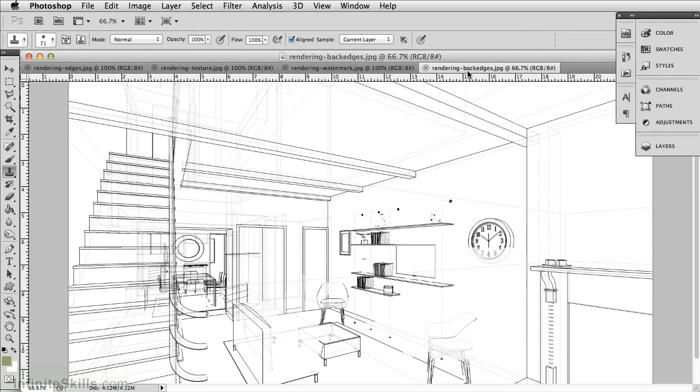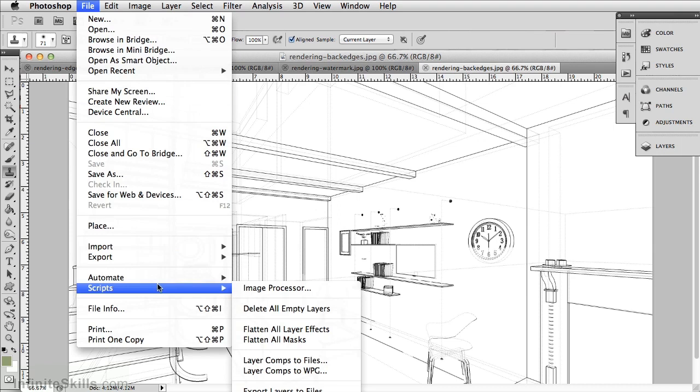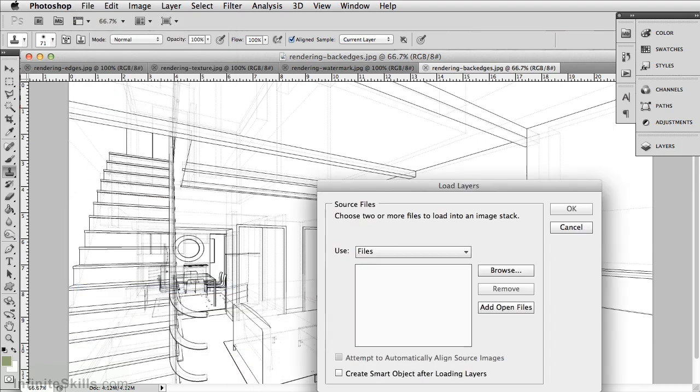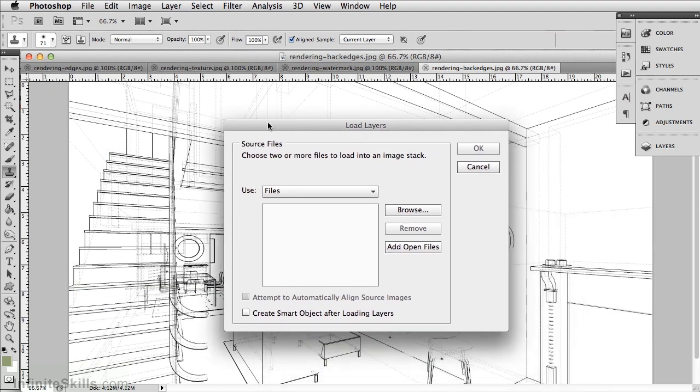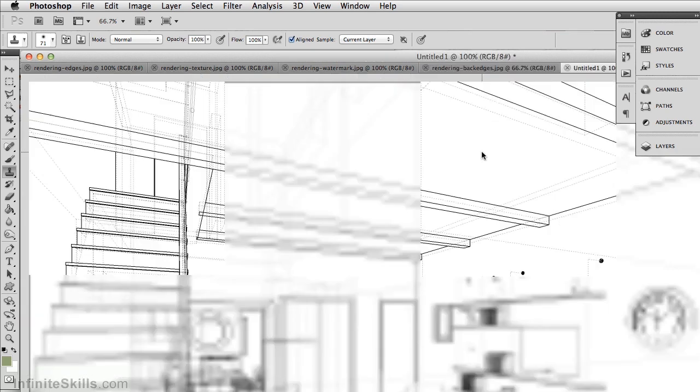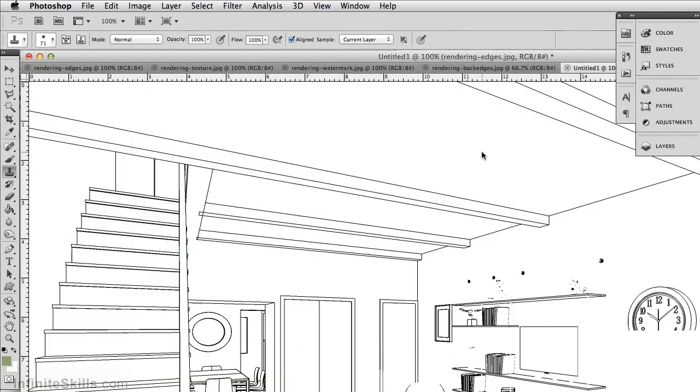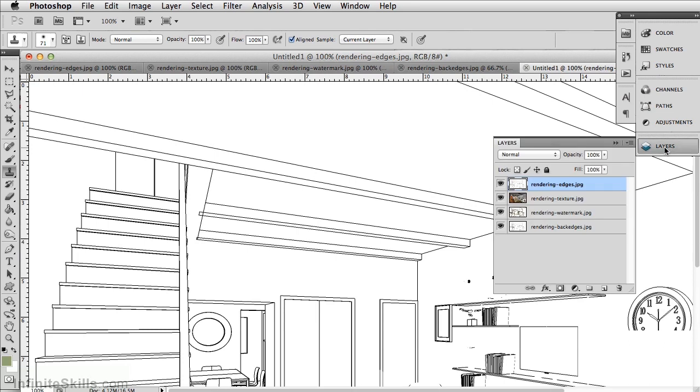Instead of doing that, to load these files into one stack, you can go to File, Scripts, and then there's an option called Load Files into Stack. It brings up this screen where you can either browse for the files, or if you already have them open, you can just click Add Open Files, and then click OK. It'll do some funny things on your screen for a couple seconds, but then if you go into your Layers palette, you'll see that on this untitled file,